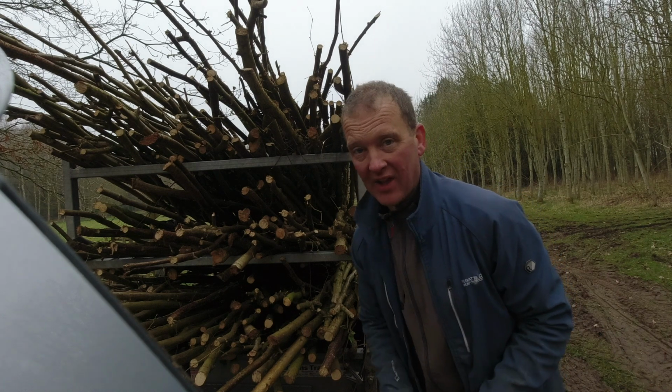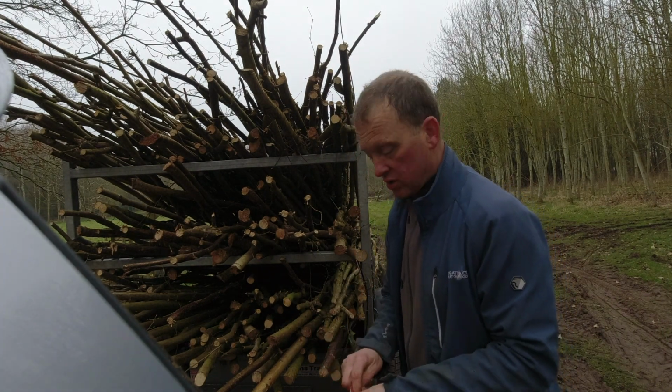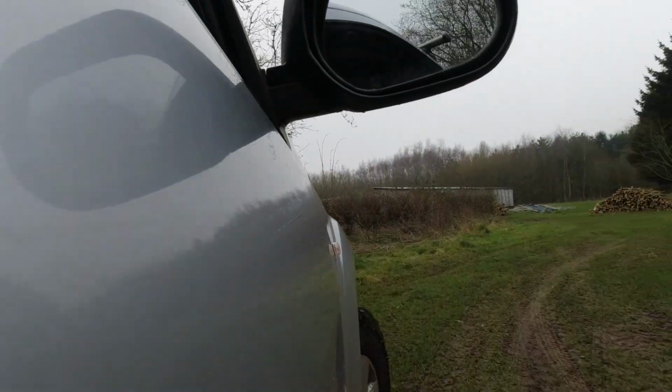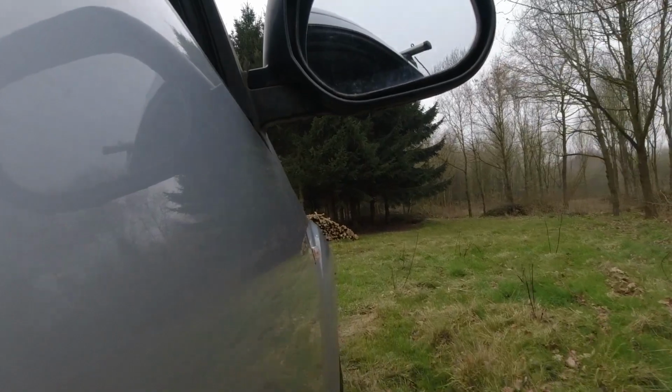There was a point then when I didn't think I'd get all that on. It's a bit of a squeeze, that is. Anyway, we're on and we're all strapped down. Hold on tight. That's all the beam poles extracted. So what we've got left here is all of the weaving rods to extract yet, and then there's some craft poles to extract,